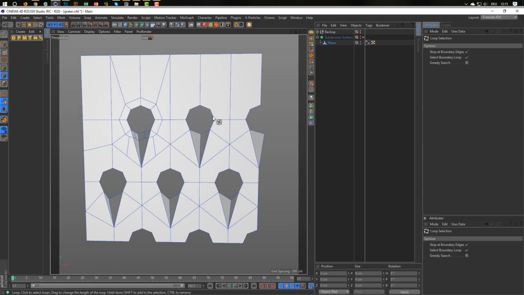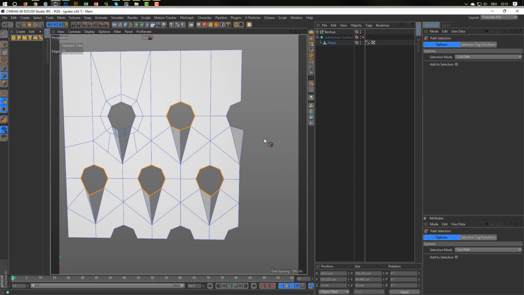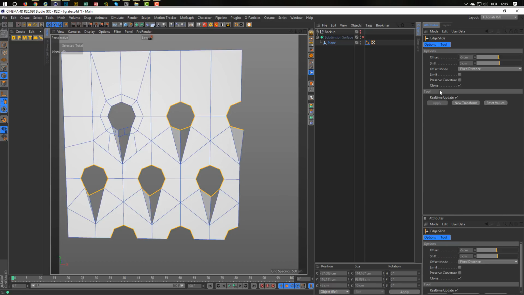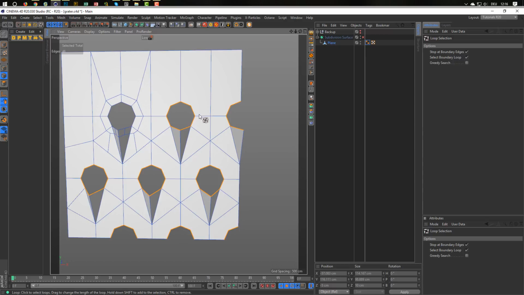Then edge mode, UL, whoopsie, but I don't think that we can do this in one, but I'll try it anyway. UM is for a path selection. Hold your shift key and add the selection here. Okay, and now I try this with MO, slide tool, clone, -5 centimeter, new transformation. You see, on some it works, on some not, so we have to do this one by one, but this is not so much work, so go back here, UL, select this guy here, MO,